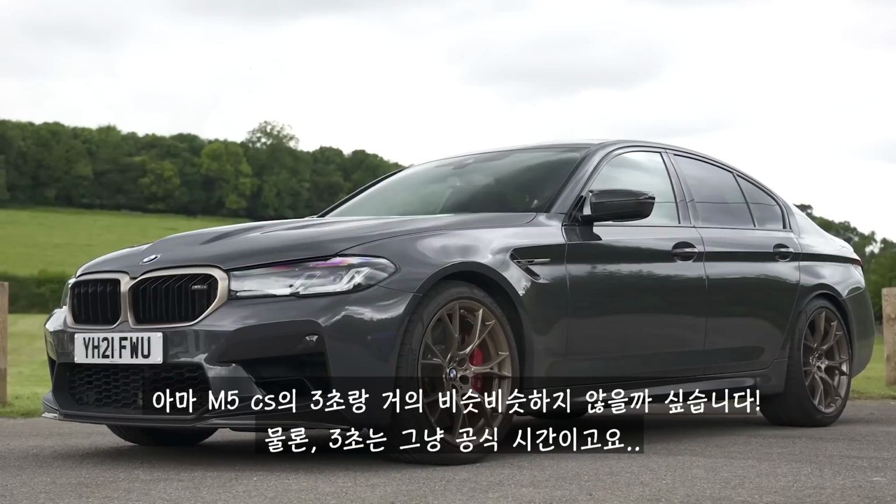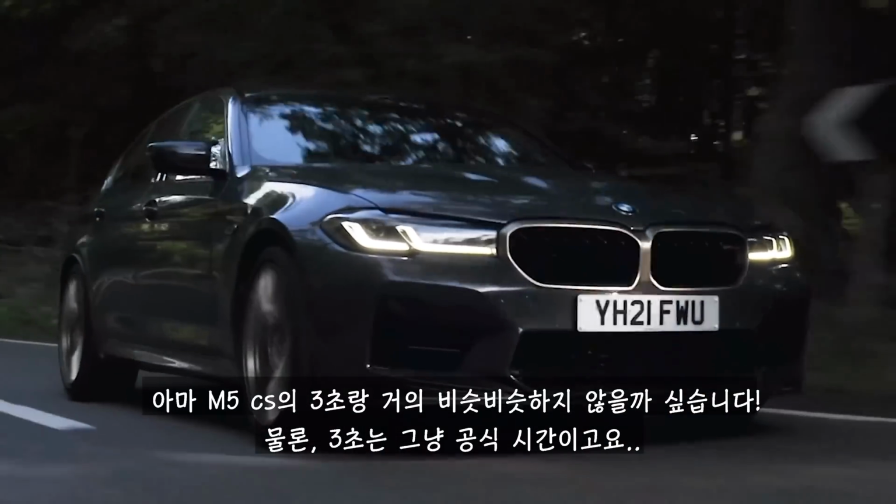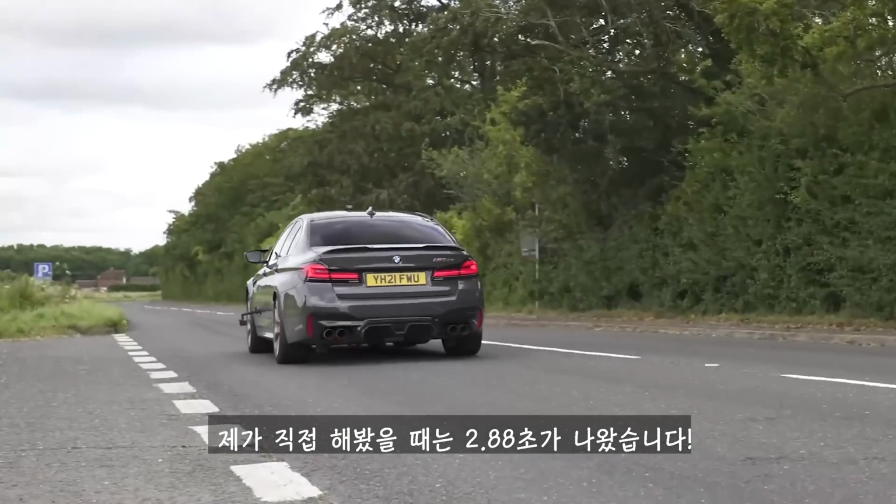3.6 seconds. It might even get close to the M5 CS, which can do 0 to 60 in 3 seconds flat. Well, that's officially. I've actually timed it quicker at sub